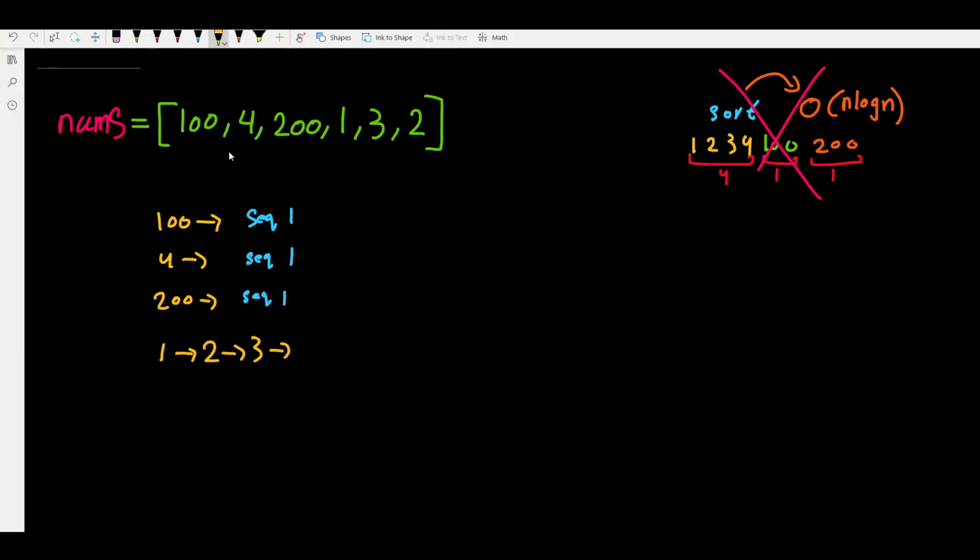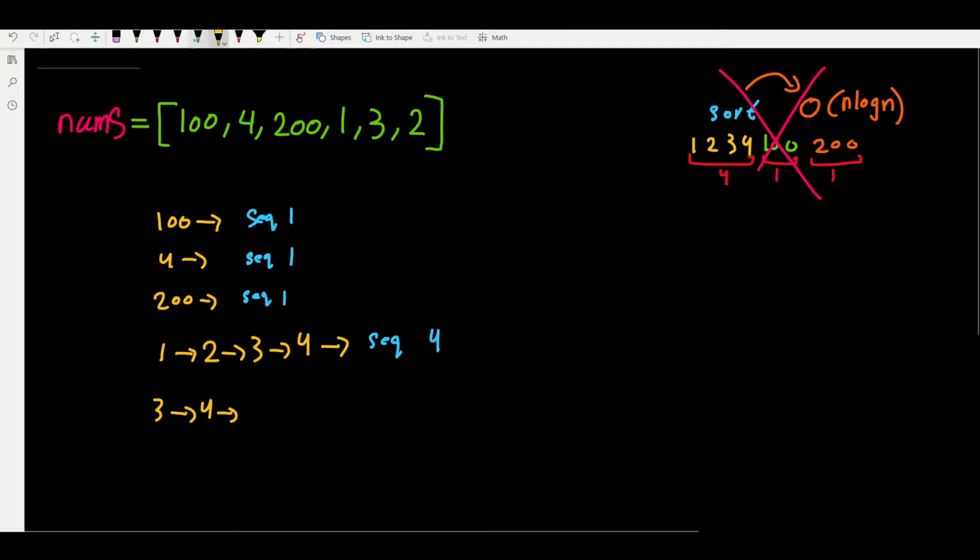We go and check, and yes, we can find a 4. Okay, so can we find a 5? No, so we stop and we see that we have a sequence of length 4. So now we go to 3 and we say, can we find a 4? Yes, we can. Now we say, can we find a 5? No, so we stop, we have a sequence of length 2, and finally we check the 2 and we say,